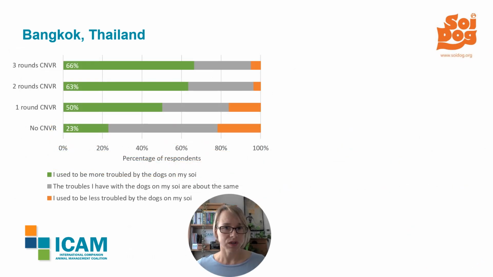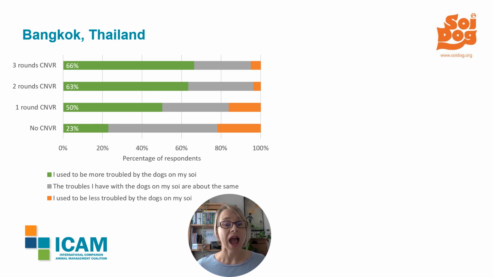Evidence of a reduction in dog density can be really important for securing government support for CNVR, but an additional step is exploring whether this change is meaningful for citizens, which can be even more influential for elected officials. Soy Dog ran a household questionnaire last year where they approached a random sample of households and asked them a range of questions, both about dog ownership practices and their perception and experience of free-roaming dogs.